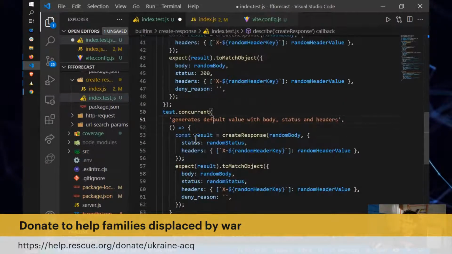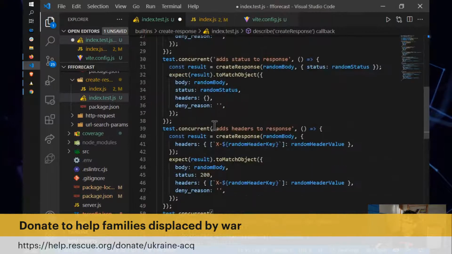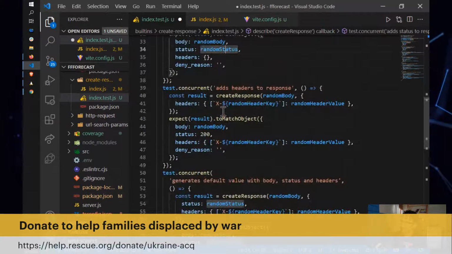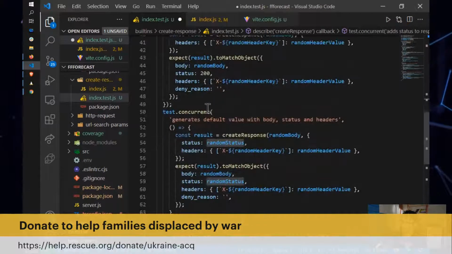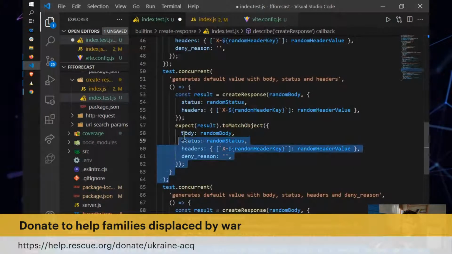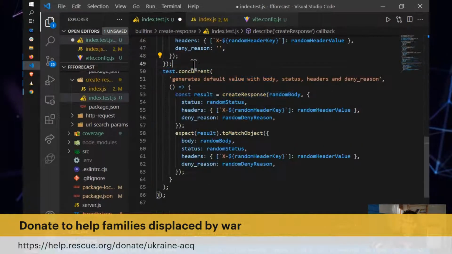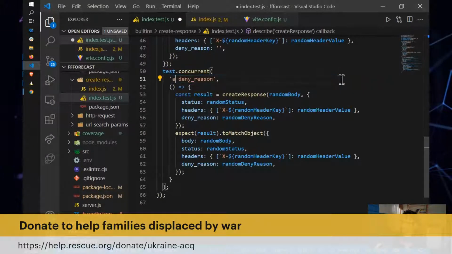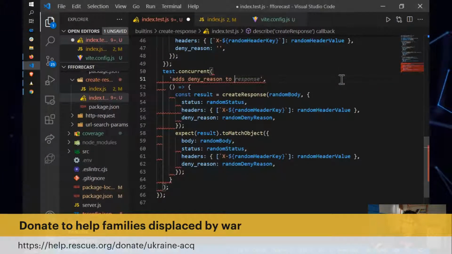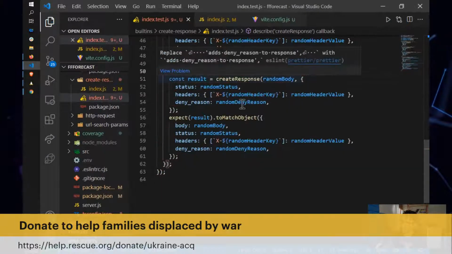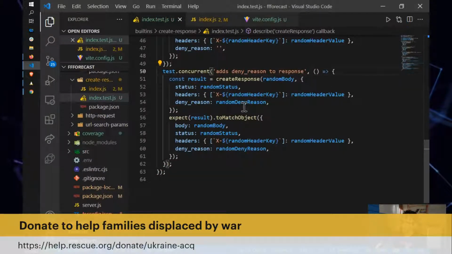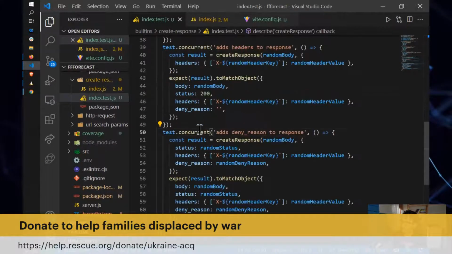I think I'm going to skip this test where it does a random, let's see, we've covered the random status, we've covered the random header. I'm going to get rid of this one and just do the deny reason. Okay. Add deny reason to response. Cool. Excuse me. And then